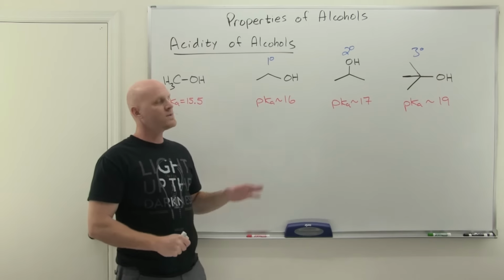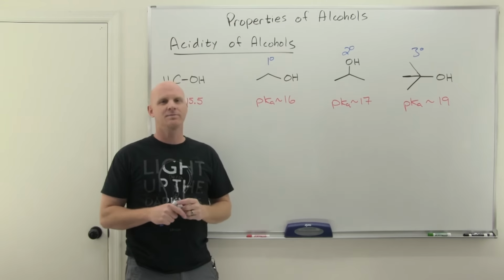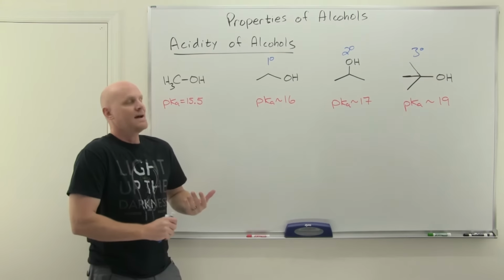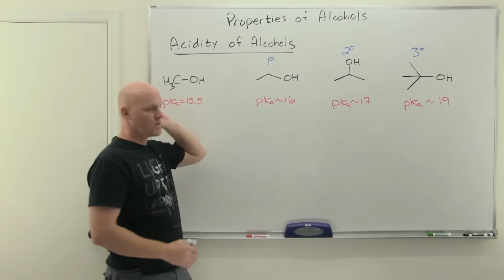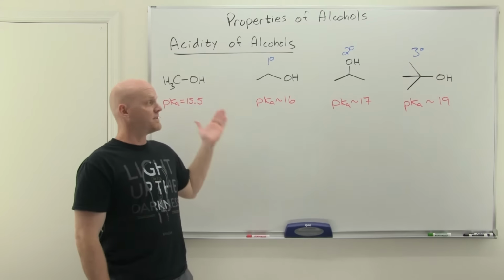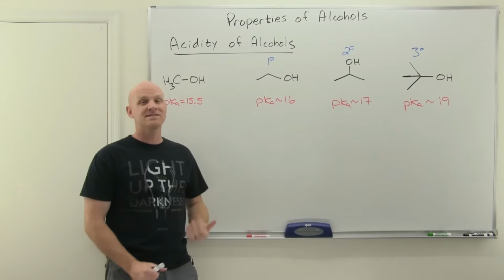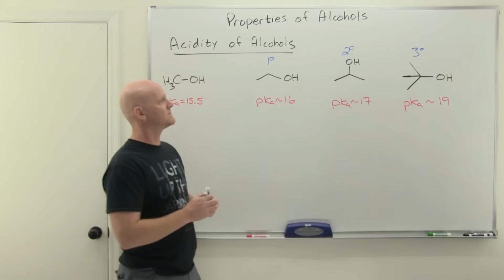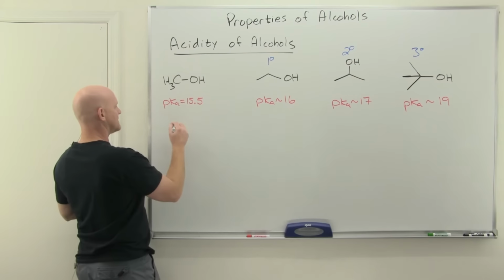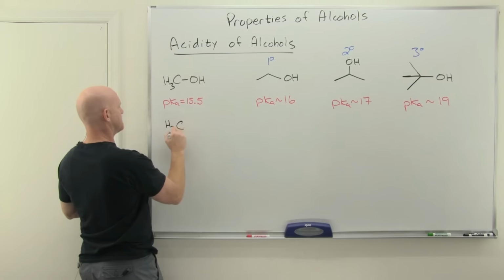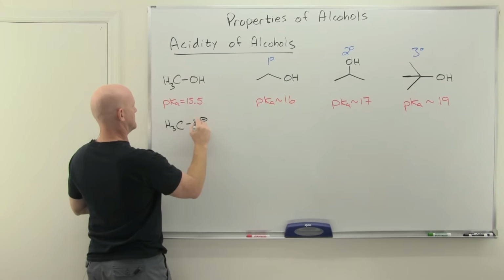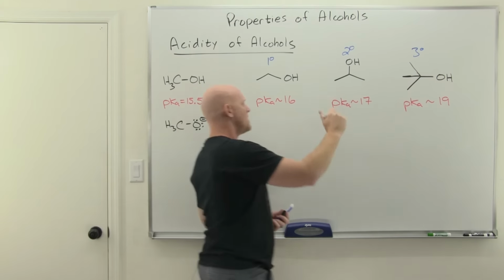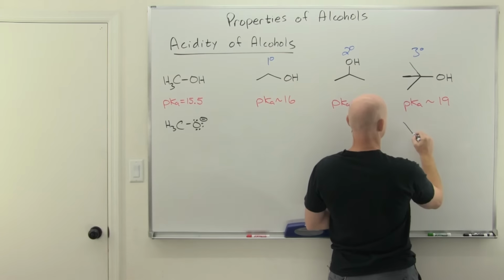Well, if you try to explain this with our normal acid-base criteria, like the CARDIO or ARIO mnemonics and stuff like that, it's not really going to be very explanatory, it turns out. There's something else coming into play here, and it is actually the solubility in water of the conjugate base. If you look at something like methoxide here, its conjugate base, it's very soluble in water. But you go all the way to t-butoxide here,